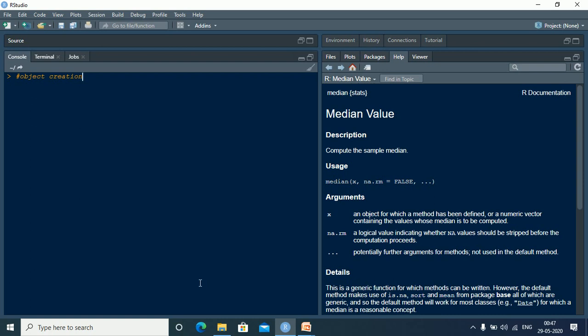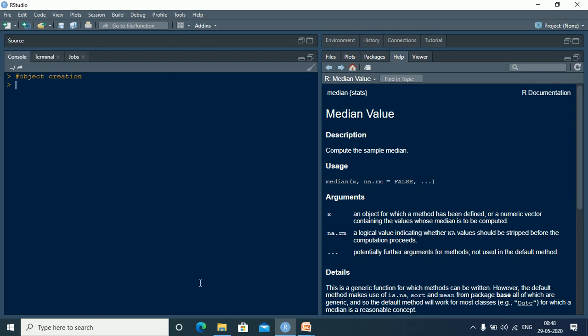Comments, as we have discussed, are helping text in your R program, and they are ignored by the interpreter while executing your actual program. A single comment is written using a hash in the beginning of a statement, similar to what we have written just now, right?